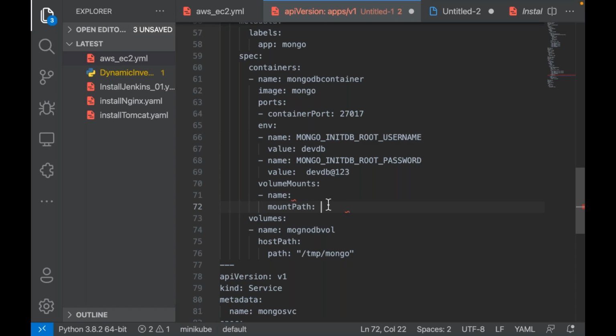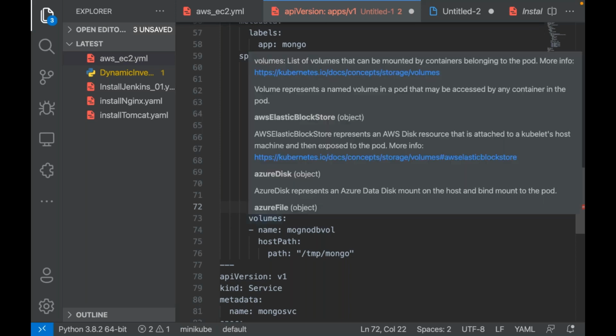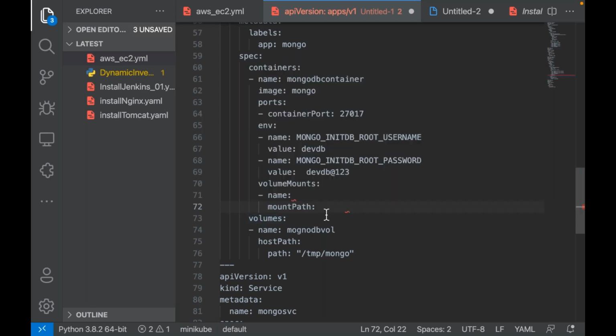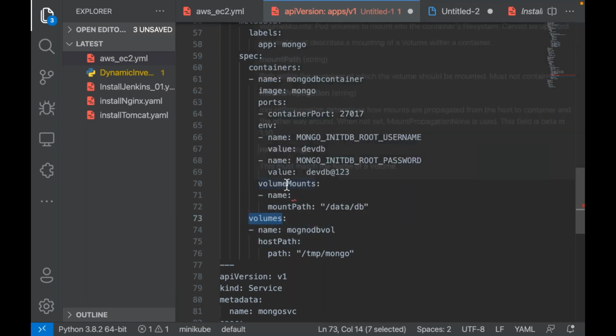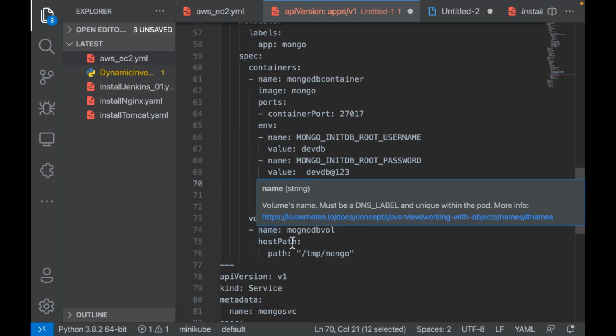In this requirement for the Mongo database, to which directory do I want to mount the volume in the container? My mount path is /data/db.